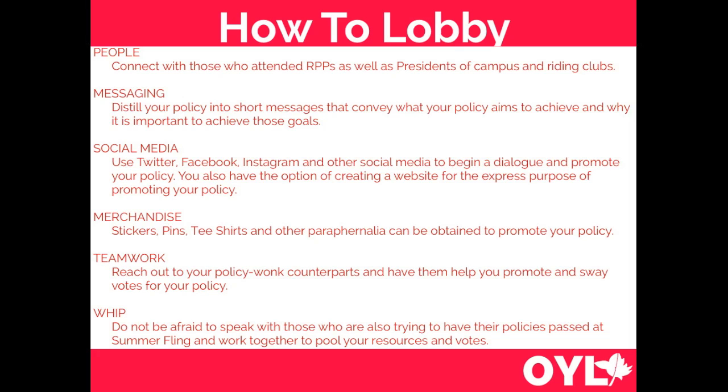That's why it's really important that if you do have a policy coming forward to Summer Fling, that you try and get as large of a contingency or a following as possible coming to Summer Fling with you, knowing that they're going to be supporting your policy, because that's going to give you a little bit of leverage in making some agreements with like-minded folks who are also trying to get their policies passed. Like I said, this isn't usually a strategy that we illuminate too clearly, but I think it's important that we talk about it because, as I said, it does go on, and it's important that everybody is aware, and it's important that everybody feels as though they have access to the same kinds of strategies. And so that is my goal in discussing whipping the vote with you.